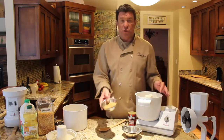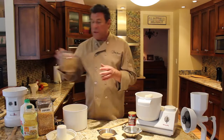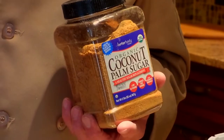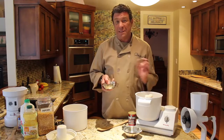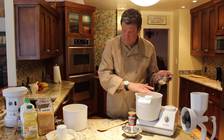And then for our sugar, we're going to use a little bit of coconut sugar. You know that wonderful coconut sugar? It's low on the glycemic index and it has a great flavor, especially for cornbread because it's kind of smoky. The way they process the coconut sugar makes it great. So we're going to add the coconut sugar